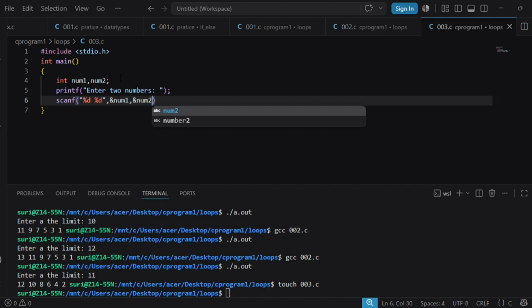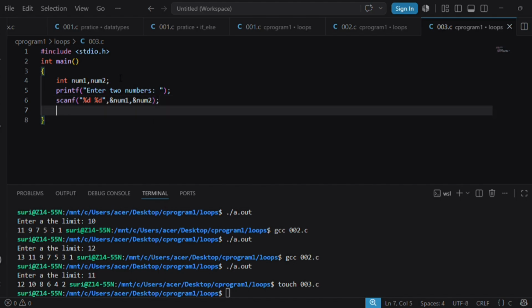So with the help of a for loop, how are we going to write the code? For bracket.